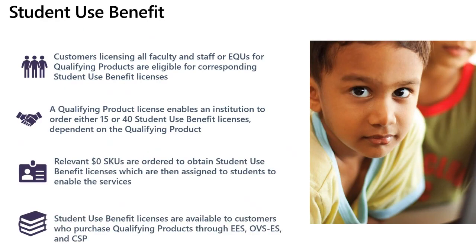So here we go. Customer licenses will receive the corresponding licenses for the student use benefit, and they must be purchased at the point of ordering. They're a £0 SKU, and they're available through all 3 models. It might be helpful if you take a snip of this page, but I'll send them out afterwards. So we've covered our 3 licensing models. We've covered CSP largely. We've looked at the M365 family and what that looks like and the value this can add to our customers.